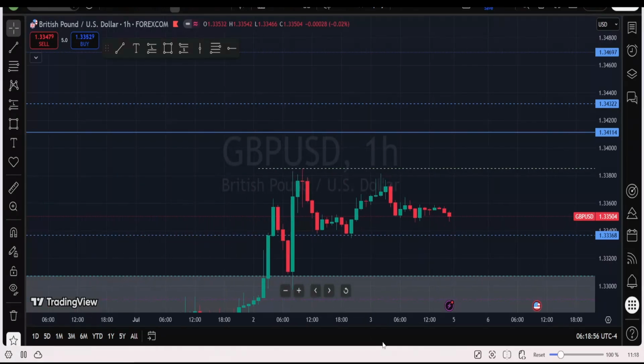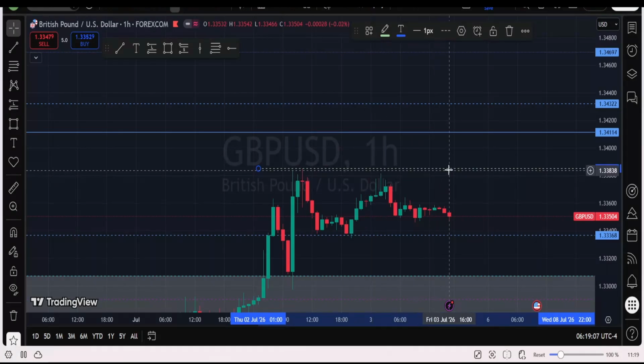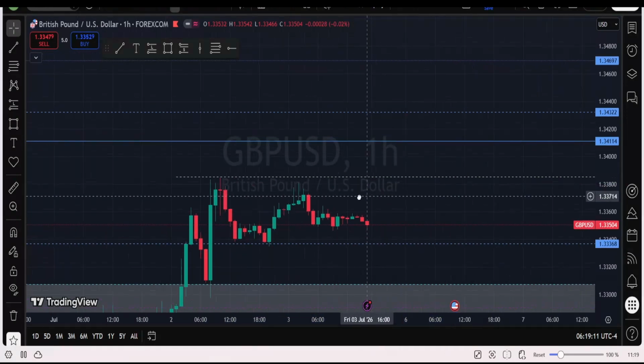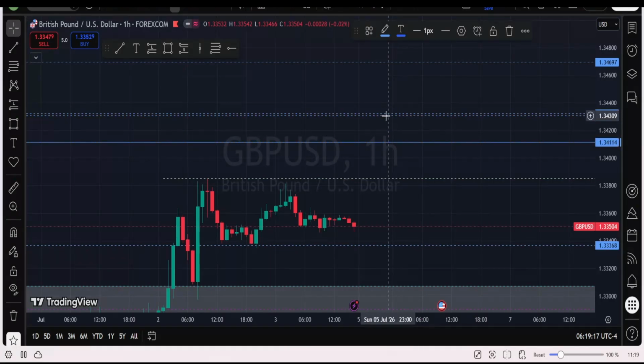But for us, on the liquidity narrative, we want to sell, seeing price get drawn to this liquidity pool, which in a traditional way we can look at as a double top. So our liquidity lies on this level. We want to see price running liquidity at this level. It might get a little bit higher to this other block, which would be a beautiful one, or get to that level.